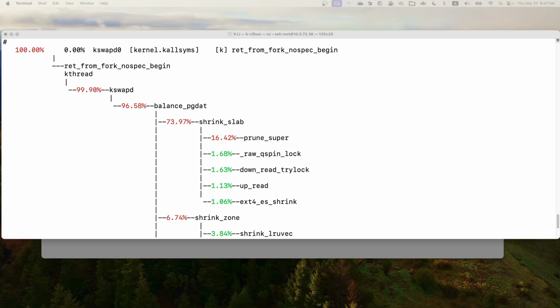Hi, hello. So today I wanted to have a quick talk about using the Linux perf tool to profile a process which is using high CPU. For example,